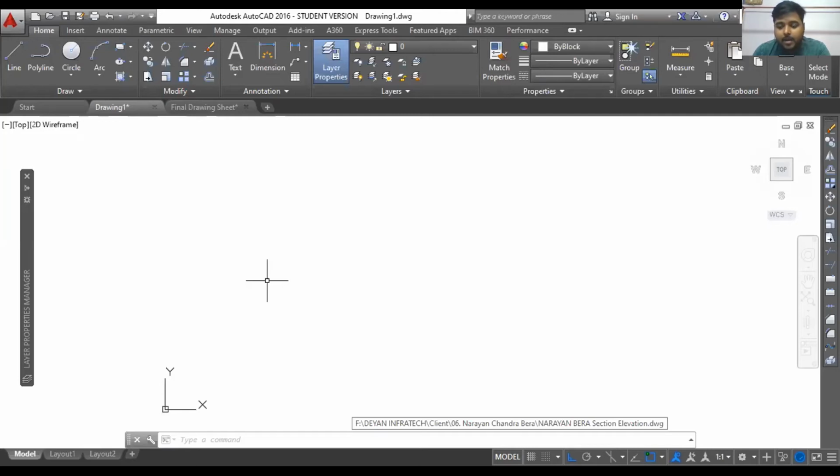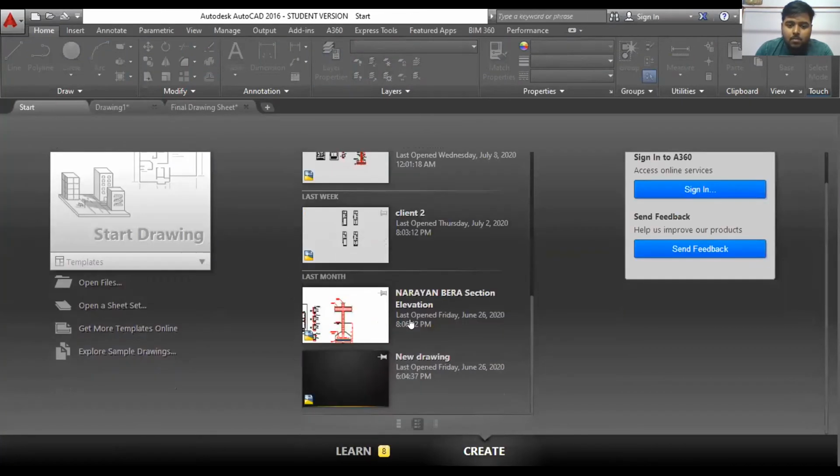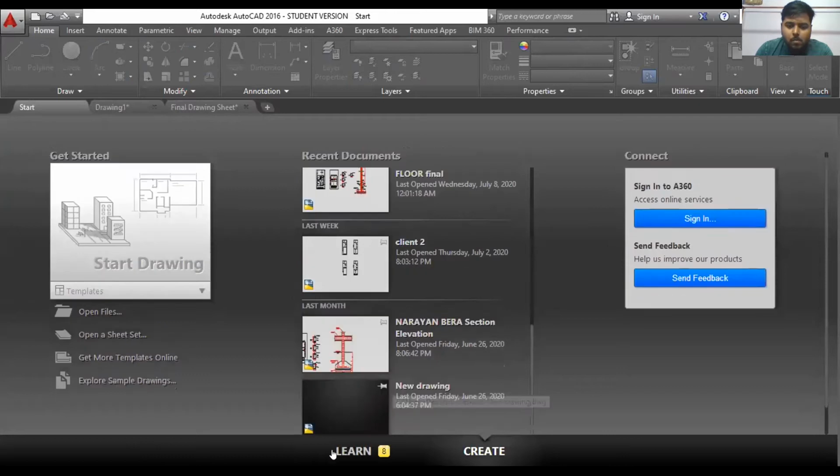So the plan which many of you have already started drafting on AutoCAD, there is an advice that you keep your doors in a separate layer named door. You keep your windows in a separate layer known as windows, and I'll show you how to do that. Just let me open a plan.